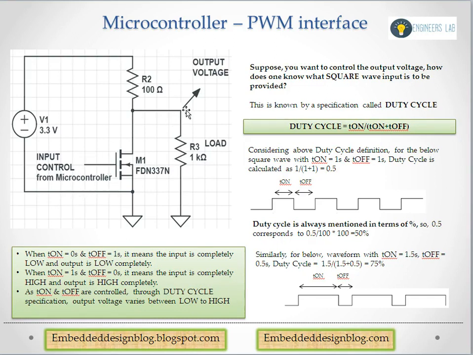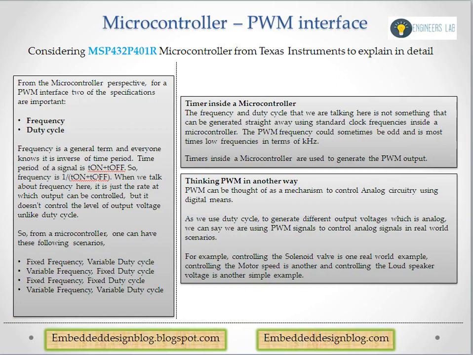So what we are talking about here is controlling analog circuitry using a PWM signal. In a real world scenario, one example could be motor control, and another could be solenoid valve control or loudspeaker control. These are the different application scenarios that come up when you talk about PWM. Now, one thing we have to remember is that whatever we are doing is all digital in PWM and there is no analog involved. So we'll talk further in the next